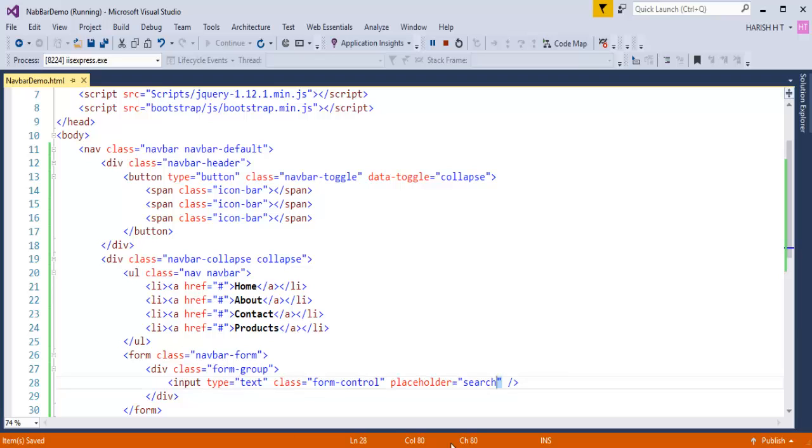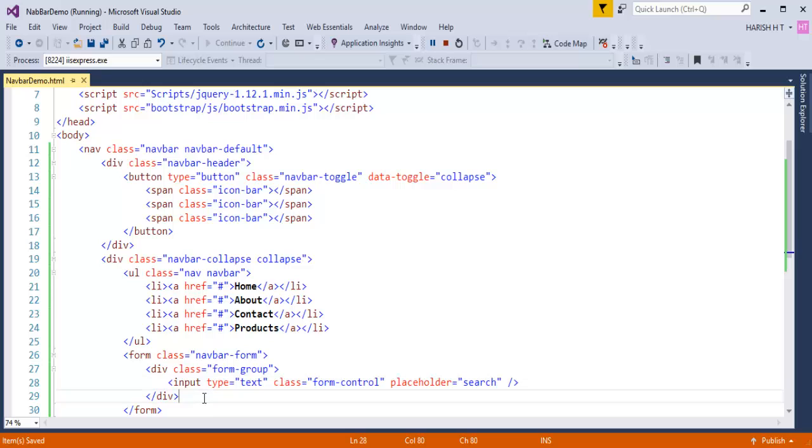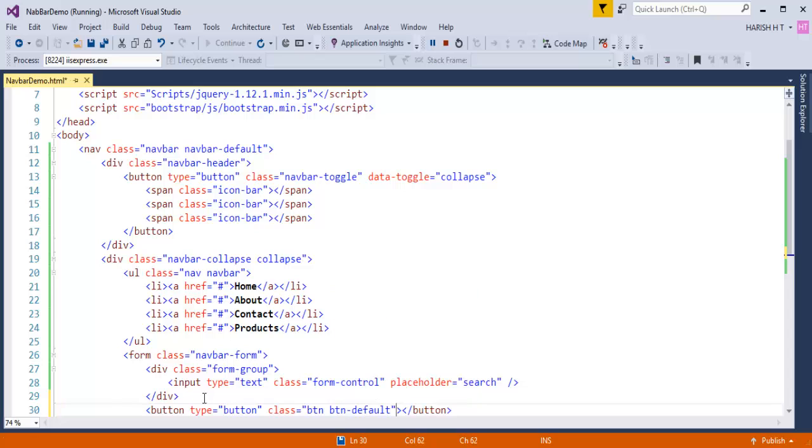at the last. In the sense, right now I've added this search and I need to add this button. Let me go and do that. What I need to do is add one button. The button is of type button itself, and let me add the button classes which we learned in earlier sessions. Button default. Okay, and let me type what that button should do. Control S. Okay, and to this navbar, let me add something like navbar